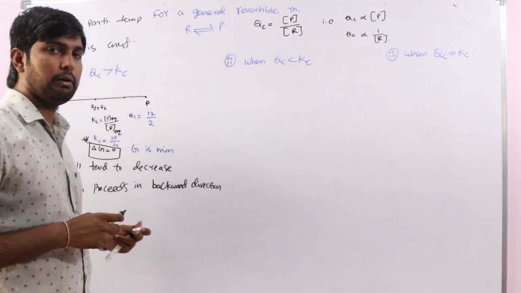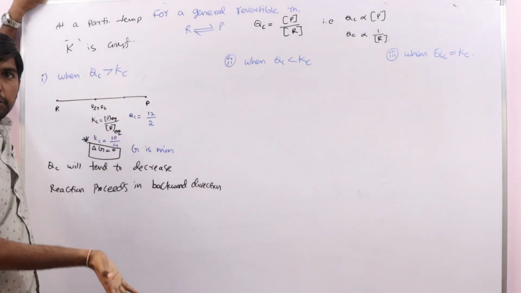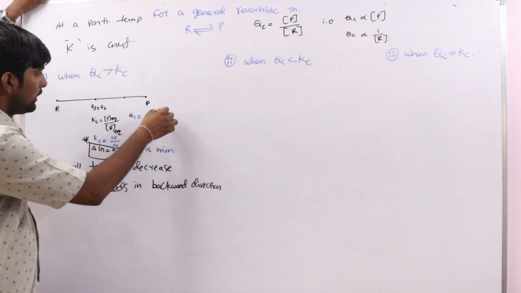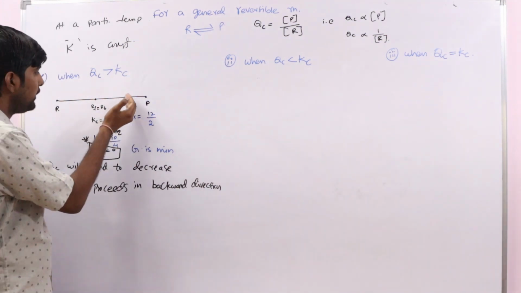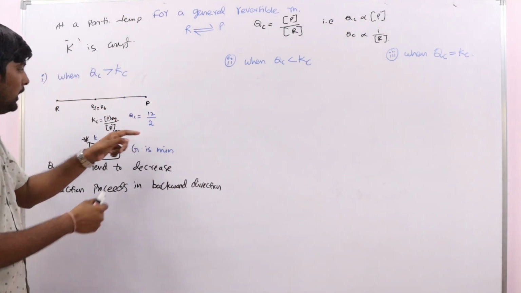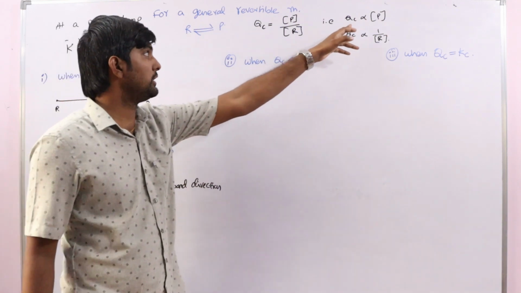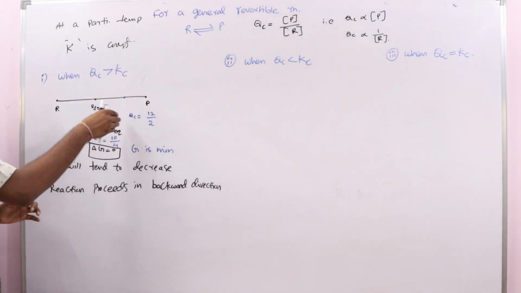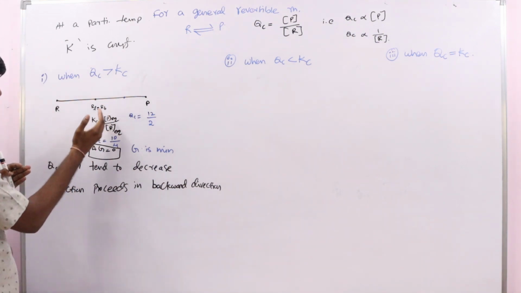Okay, whenever QC of a reaction is greater than Kc, it will try to decrease its value to get more stability, because this is the more stable state. How can it decrease its value? Numerator should decrease and denominator should increase. How is it possible? By moving the reaction to the left side. If it is moving to the left side, what happens? Denominator value increases, numerator value decreases. That is, product concentration decreases, reactant concentration increases. Because of that, QC value decreases. Slowly it moves to the left side, that is the backward direction.